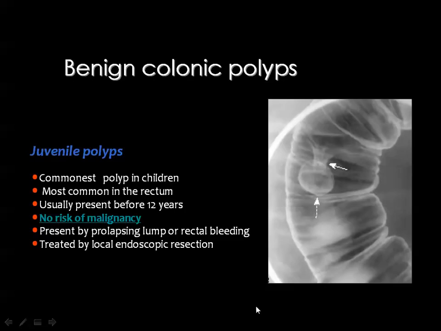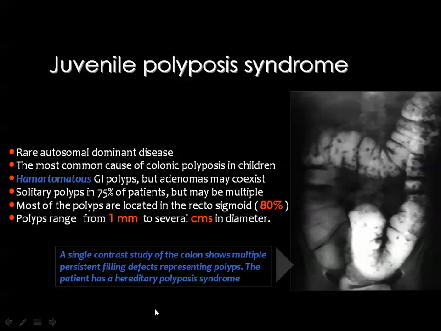Juvenile polyps are commonly seen in children, and they are commonly seen in the distal part of the colon, especially the rectum, and they have no risk of malignancy. These are pedunculated polyps, and they are usually treated by endoscopic resection. Also, this is an